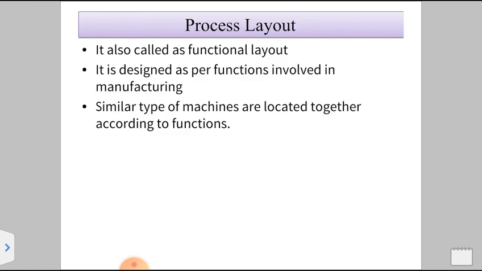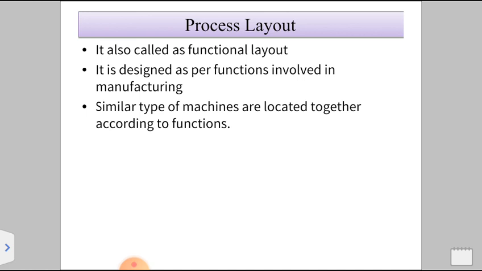Process layout is also called functional layout. It is called functional or process layout because all the machineries, equipment and services are arranged in a plant according to the process going to be performed in the plant. Due to that process we call it a process layout. It is designed as per